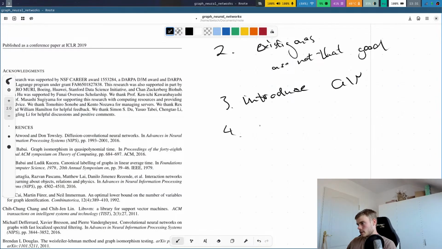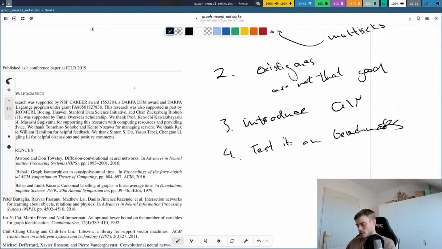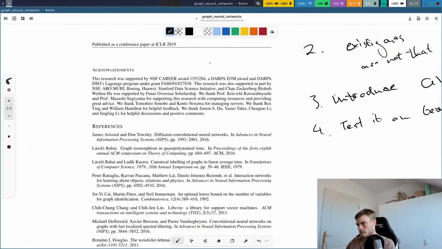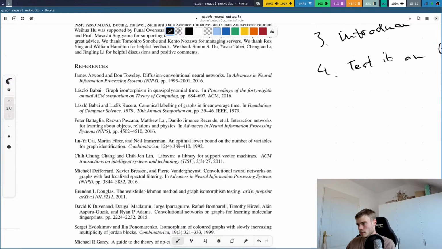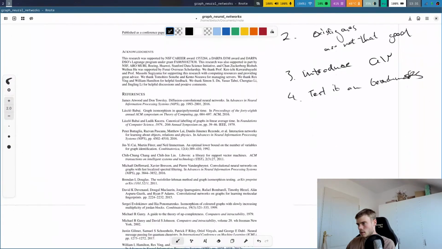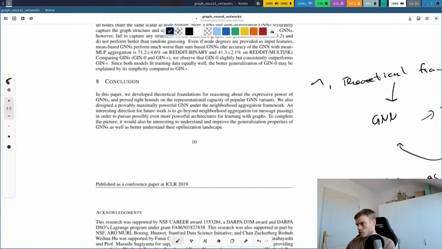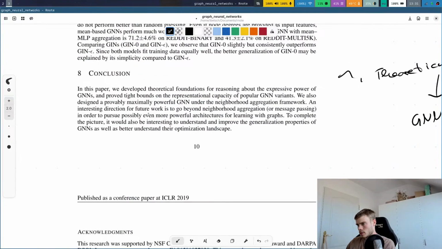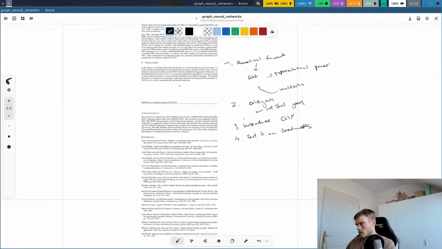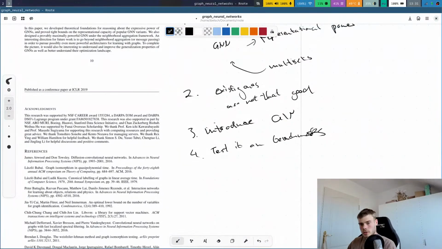And test it on benchmarks. And this sounds pretty reasonable how they do this. So let's look at the references. And they also say, okay, future work should go beyond